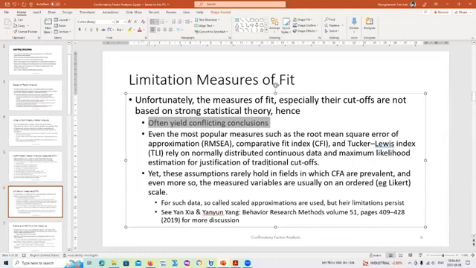So if the data were purely normally distributed, these would be pretty good measures. They would do a very good job in giving us a summary. But when they are not normal, there are other methods of fit apart from maximum likelihood, of course, which we use when the data are categorical. But even within that context, lack of normality will also affect the extent to which these measures are giving you a very good picture. So if you are very convinced about your factor structure and you think that it more or less explains the data as you were expecting, you may just have to go along with the results.